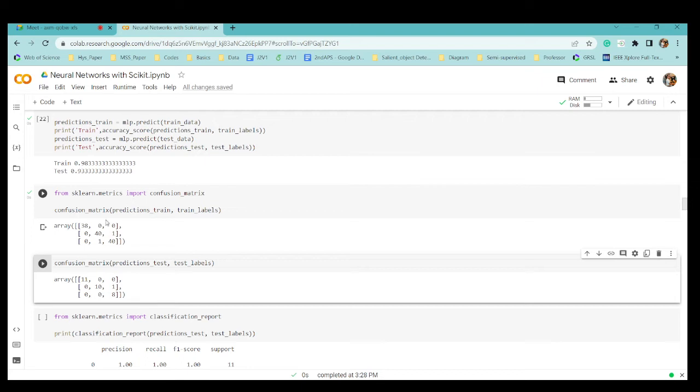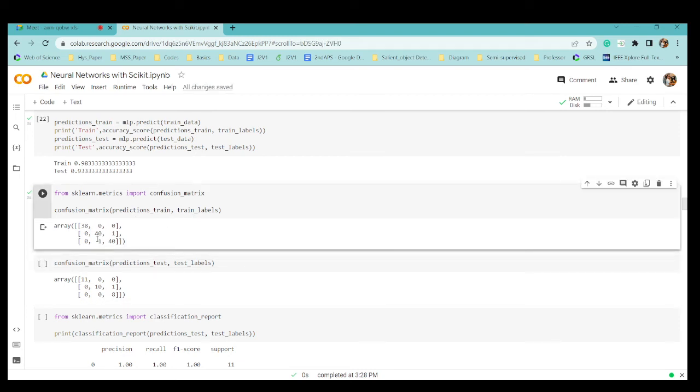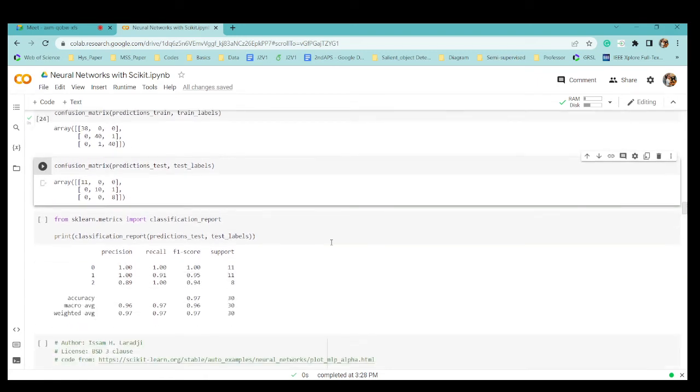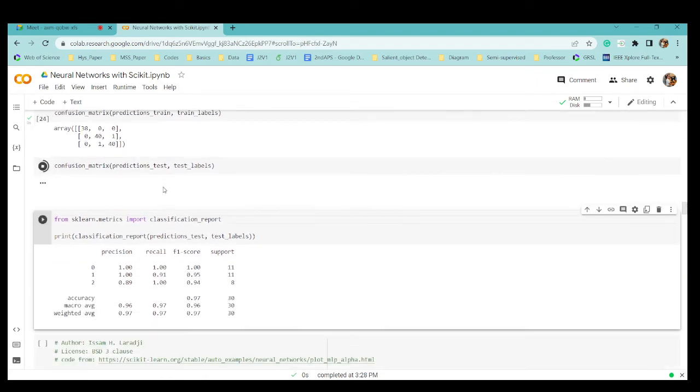So this is the confusion matrix which we have calculated, for the training labels. The first confusion matrix is for the training level. The second confusion matrix is for the testing level. The training level is fine, but most important is my testing level confusion matrix.